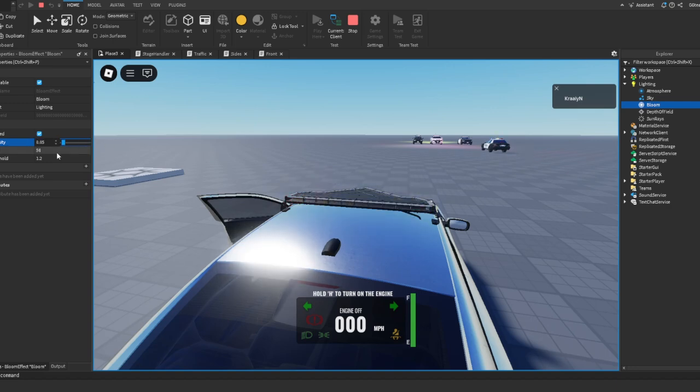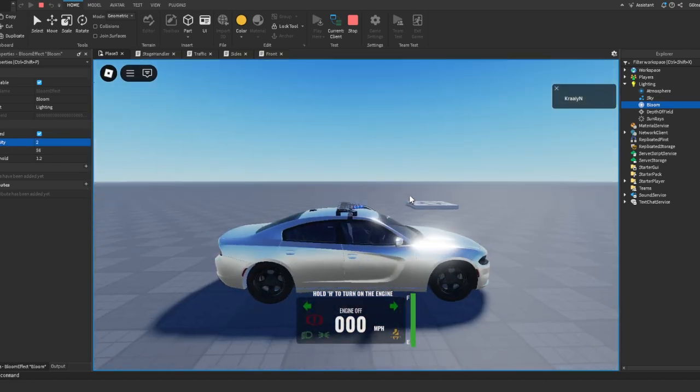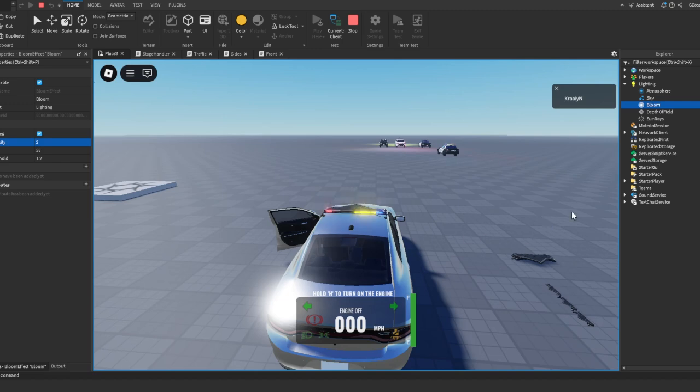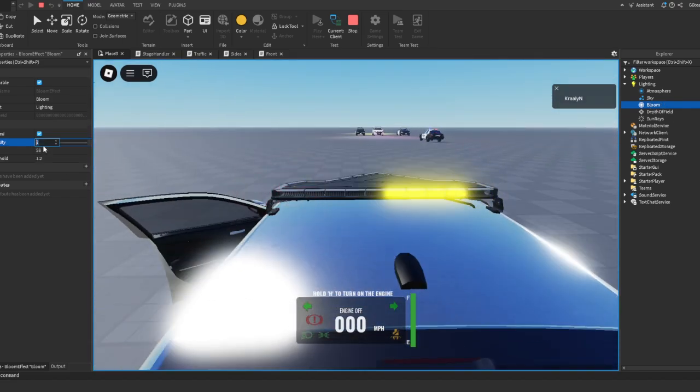This might look like the maximum amounts that you can set, but actually you can go over 1, just like that. Also, there is a great way to use the bloom in the night time and the daytime. What I mean is, I have a script that changes the bloom when the time becomes nighttime and then turns back to daytime, which would be something like